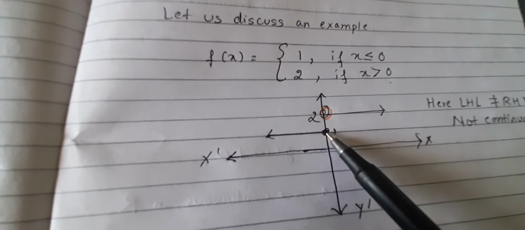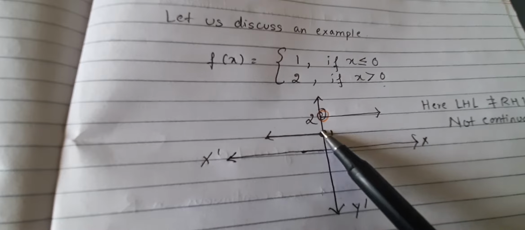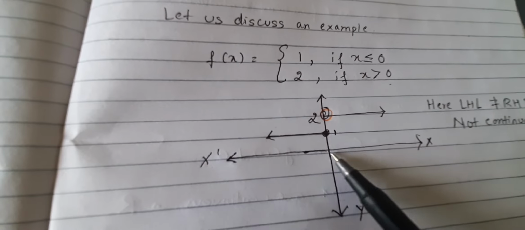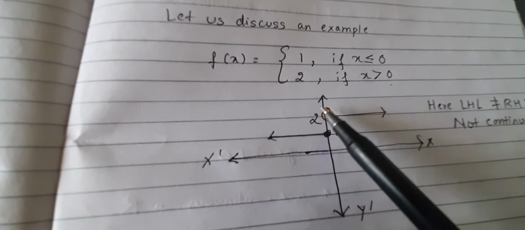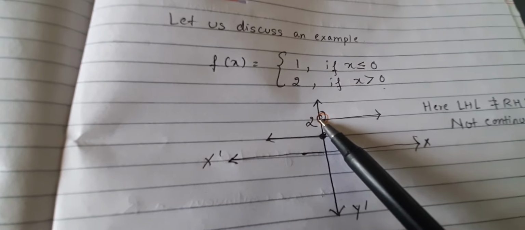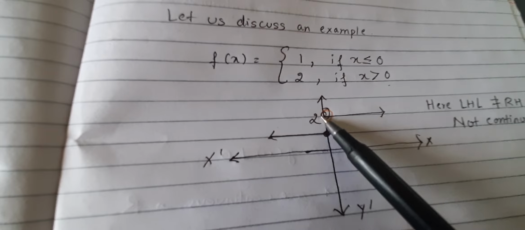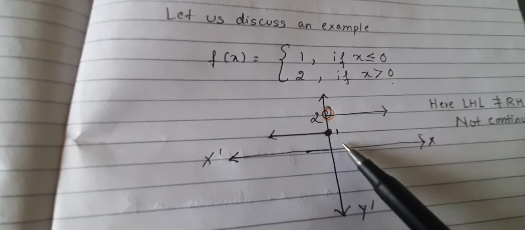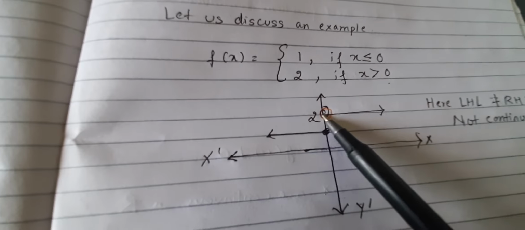And then this point is included at 0. The value of the function is 1. That is why I have shaded this circle. That means 1 is included. But if x is greater than 0, that means if I talk about the positive x-axis side, the value of the function f(x) will be 2 here. But 2 will not be included at 0, so that is why a hollow circle is put over here. And for any value greater than 0,